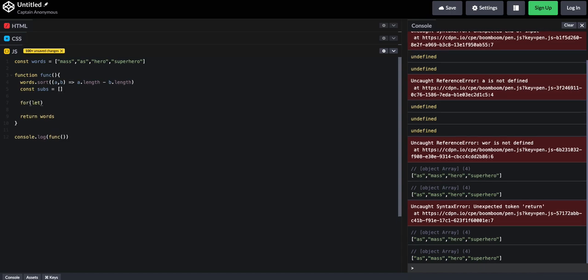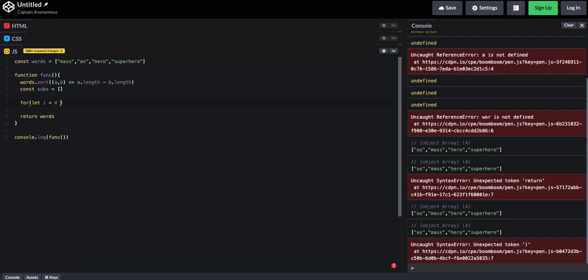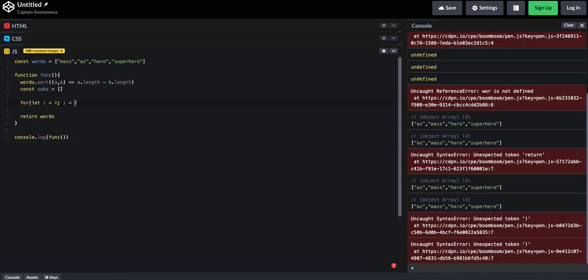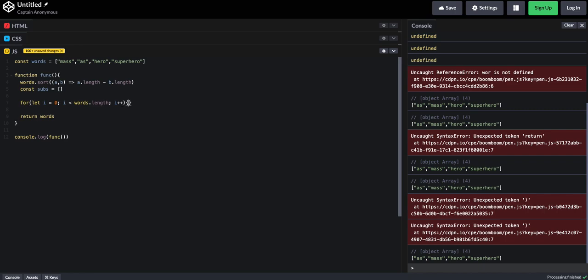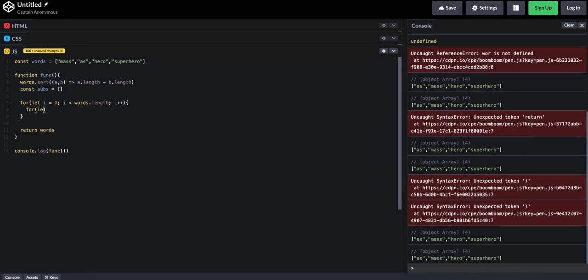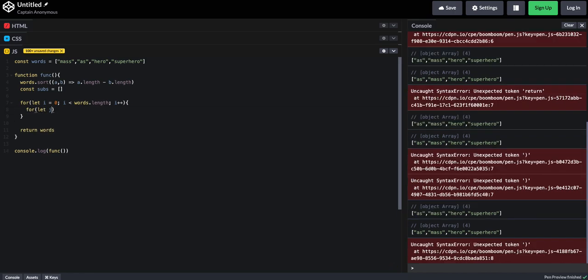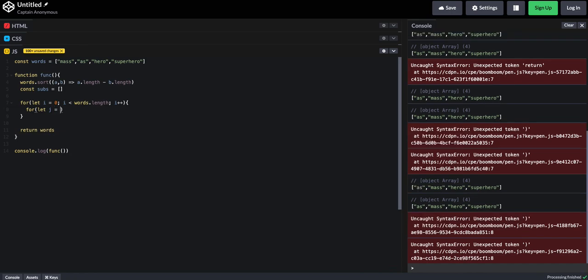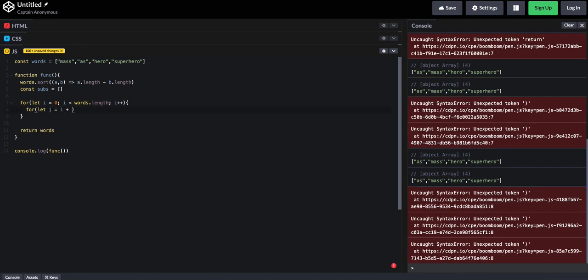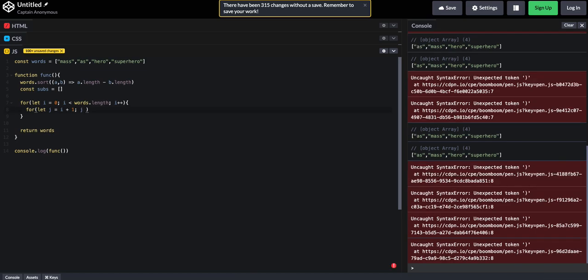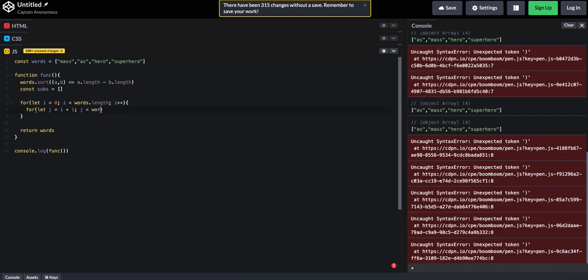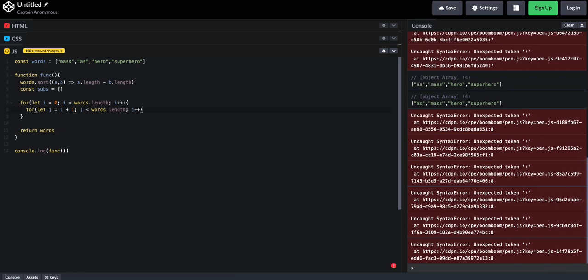We say let i = 0, i is less than words.length, i plus plus, for let j = i + 1, j is less than words.length, j plus plus,